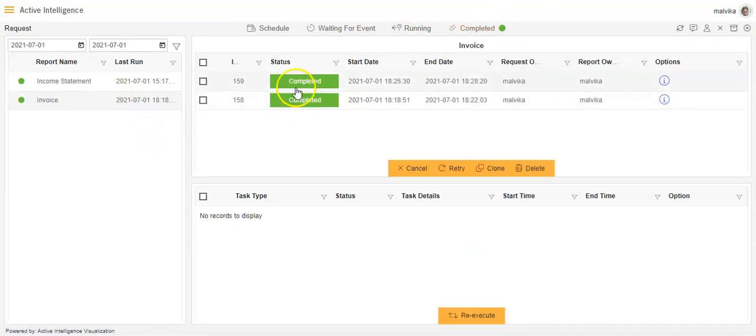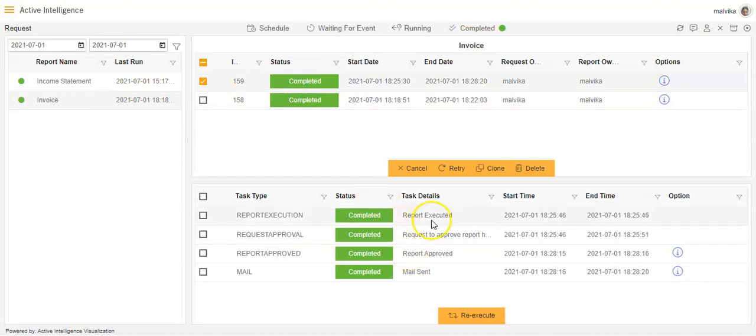Now I'll see that the report that I had sent, where it was in waiting stage since it hadn't received the approval, now that it has got the approval, it is completed, which means the report has got the approval, and as the report has got the approval, the mail has also been sent. So this is how the approval required feature works in the report section in AIB, and this is how you can actually track the various stages of that report also.